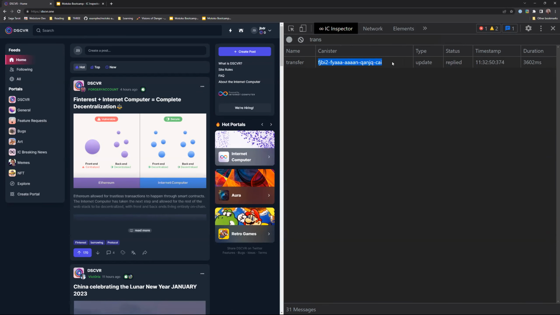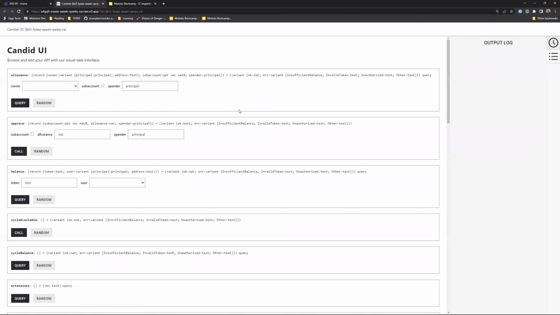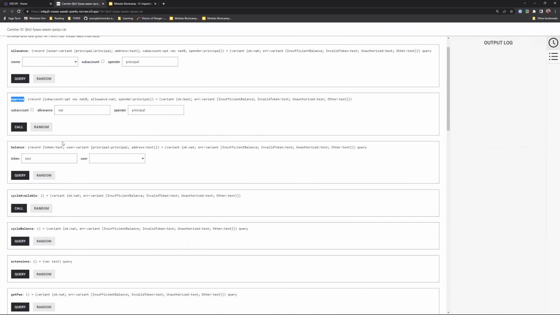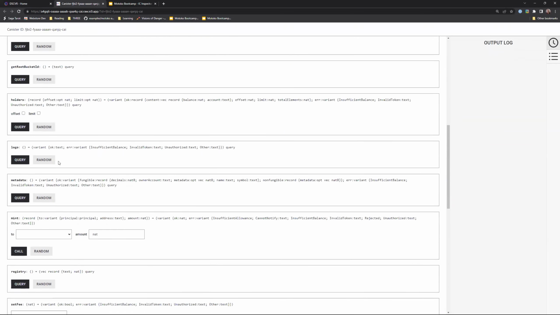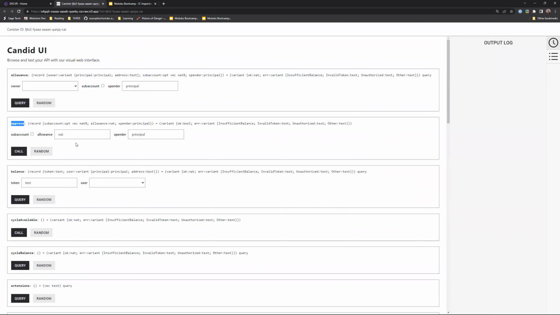And this principal here must be the ghost token. I must be transferring my ghost token here. So if I take a quick look at the Candid UI, we would expect to see the interface for a standard token contract here, which is exactly what seems to be the case. We've got approve, we've got balance, allowance, transfer, obviously, mint. So this is our token canister. So I've sent my